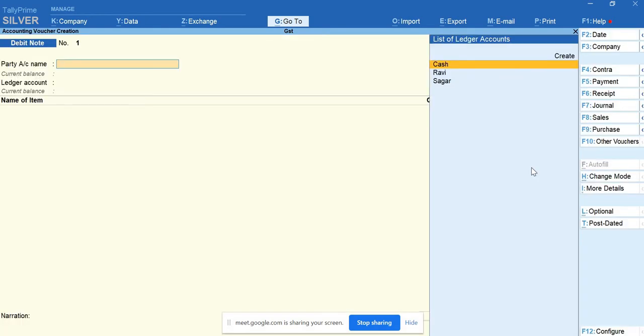So I'll tell you the explanation. You have purchased the goods from Sagar, 100 quantities, and you're not okay with the product and you have to return the goods to him. So in order to show that, we are getting into the debit voucher. I'll select the party name Sagar because I have purchased from him. I have to return the goods to the same person itself.